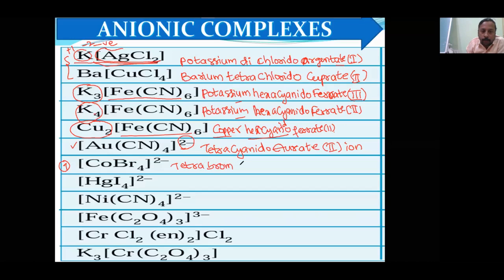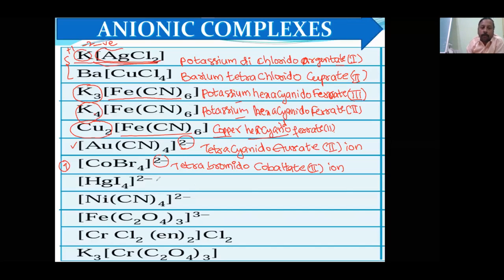Bromido. In some books it is bromo, which means it was not changed now. In the exam also, if there is no option of bromido and bromo is there, then you can tick that one. So tetrabromidocobaltate, because it is a negative ion. If it is on the right hand side, or a negative ion, you should write ATE. Cobaltate, then oxidation number will be 2 and its charge is there, therefore ion.